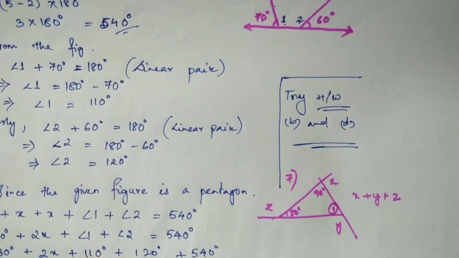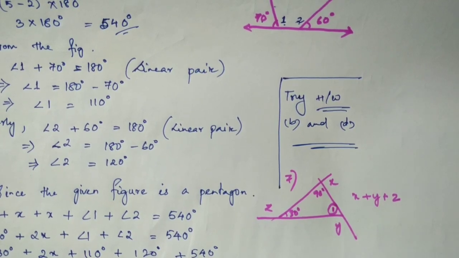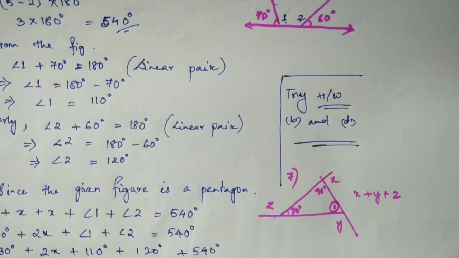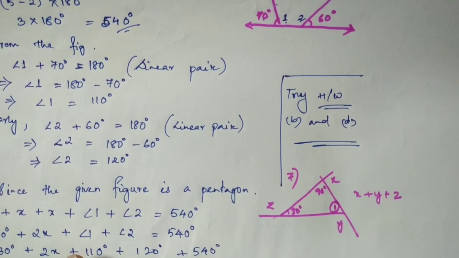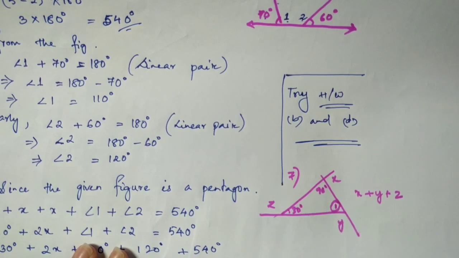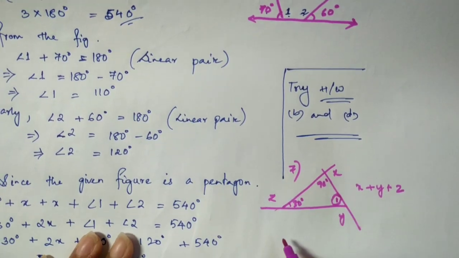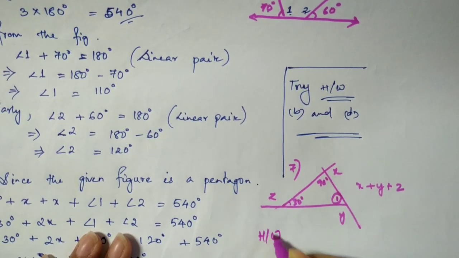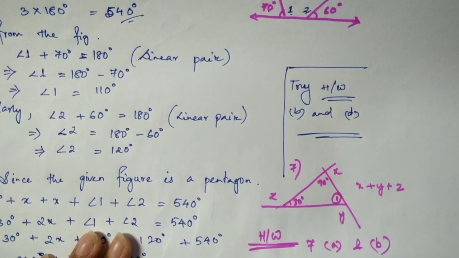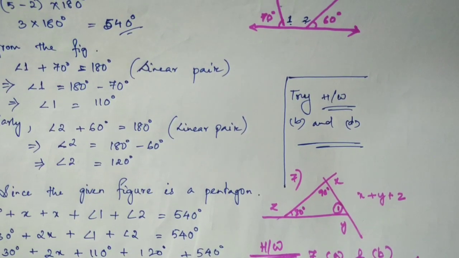And after that, you have another sum exactly like that. If it is a triangle, use the angle sum property of a triangle. If it is a quadrilateral, then the sum of angles of a quadrilateral is equal to 360 degrees. In the same way, it's very interesting. Please try to do the calculations. Be careful with the calculations so that you don't make any mistake. After trying this, I want you to do it as homework. Question number 7, A and B, will be your homework, and this is the last part of the exercise.